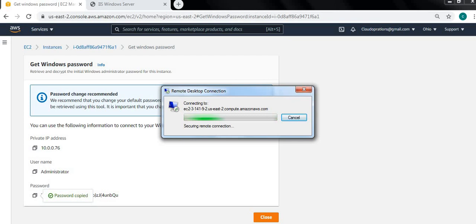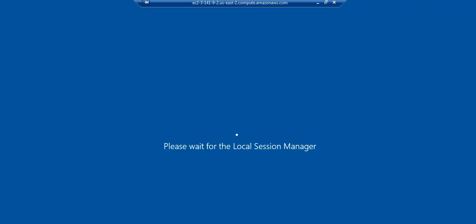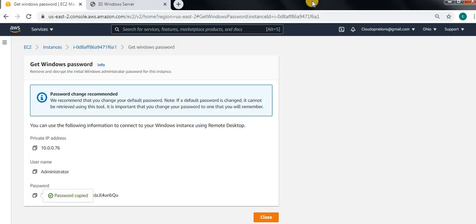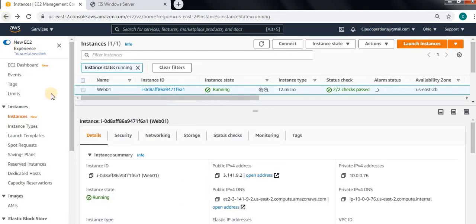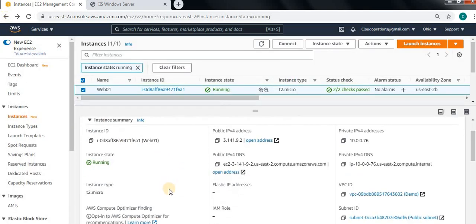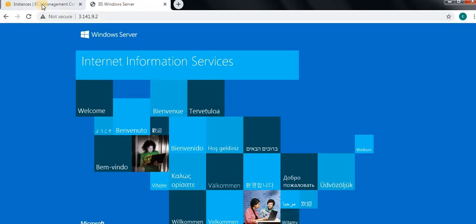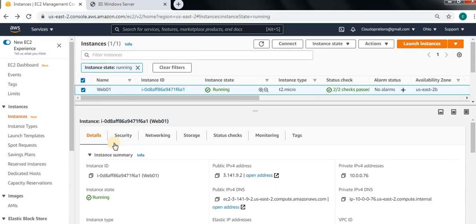So port 3389, the RDP port, is open on the security group which we selected. Now let's minimize this and go back to security. Here you can see the IIS page is connecting by default, and RDP is connected.